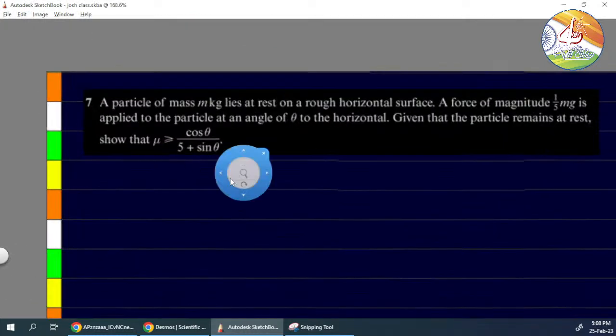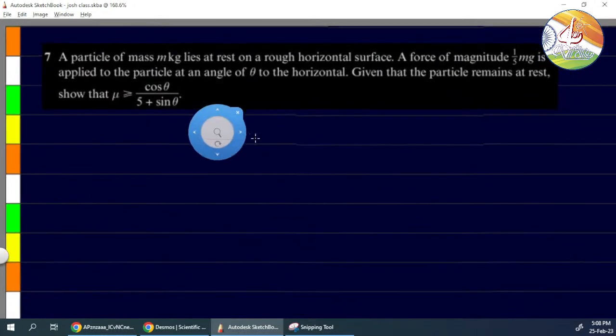Okay, so we have the next question here. A particle of mass m kg lies at rest on a rough horizontal surface. A force of magnitude 1/5 mg is applied to the particle at an angle theta to the horizontal. Given that the particle remains at rest, show that mu is greater than or equal to cos theta by 5